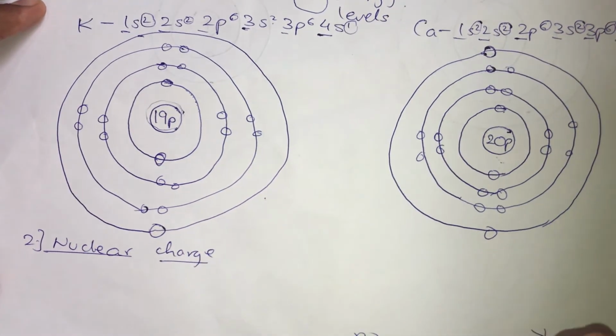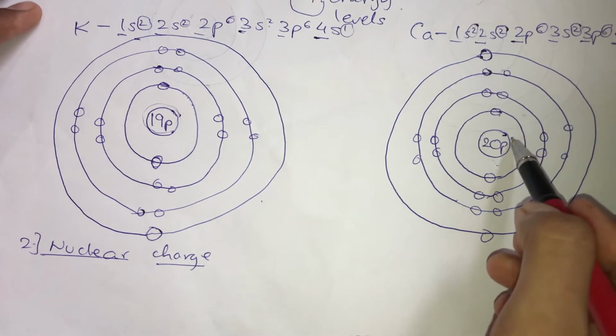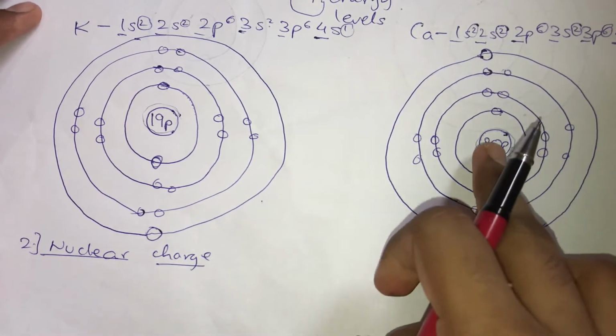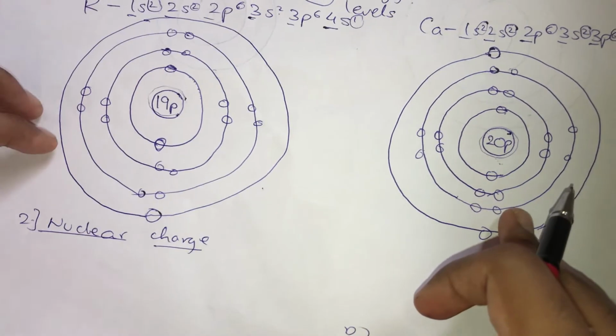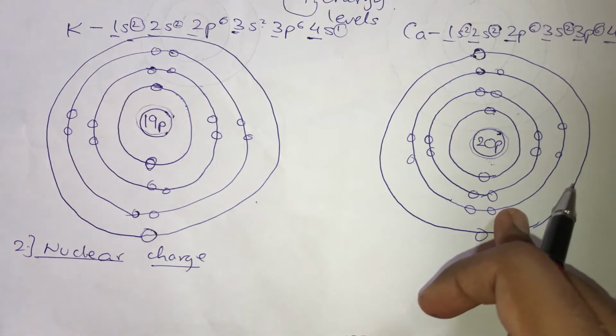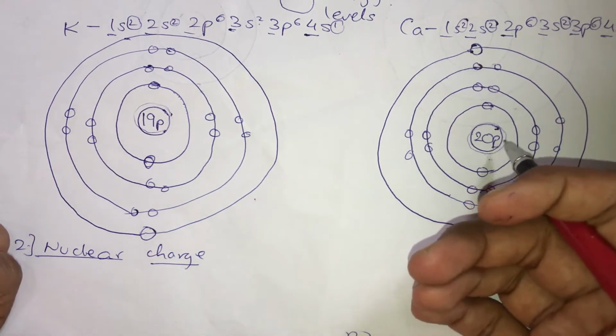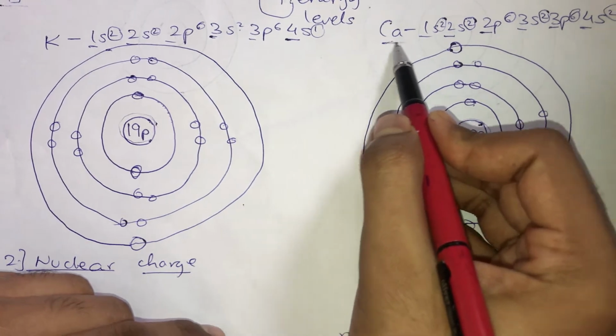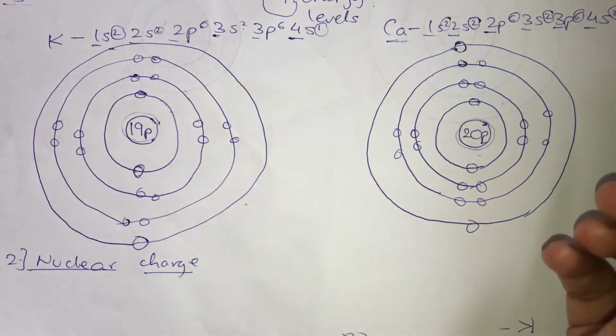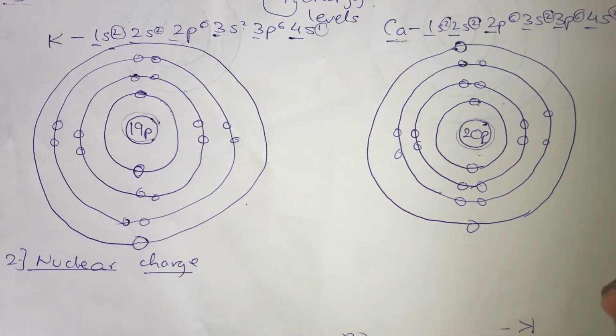As you can see over here, calcium has a greater number of protons present in the nucleus. As there are greater number of protons present inside the nucleus, then obviously the nuclear charge of calcium is greater. And as the nuclear charge of calcium is greater, therefore